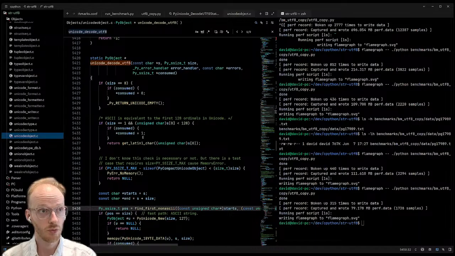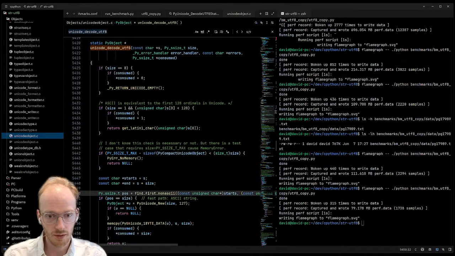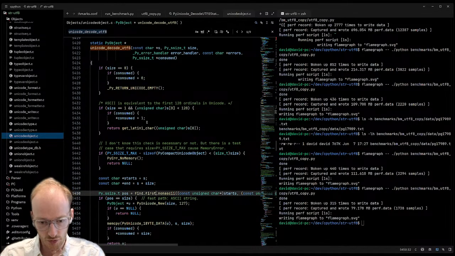Right. So in that pathway, if there are no errors, we should expect to run through the buffer once and then just copy it into the new buffer.